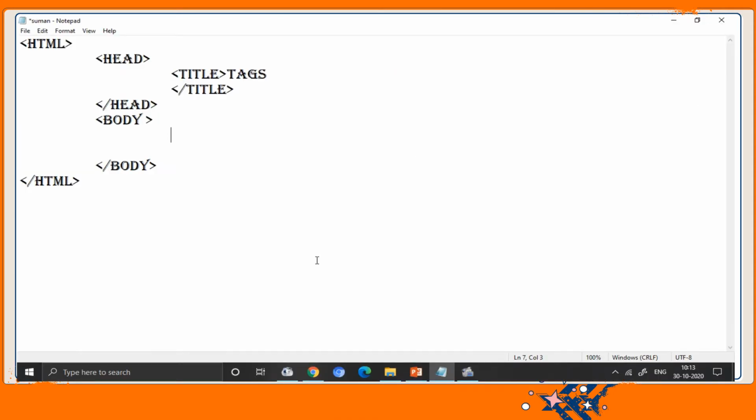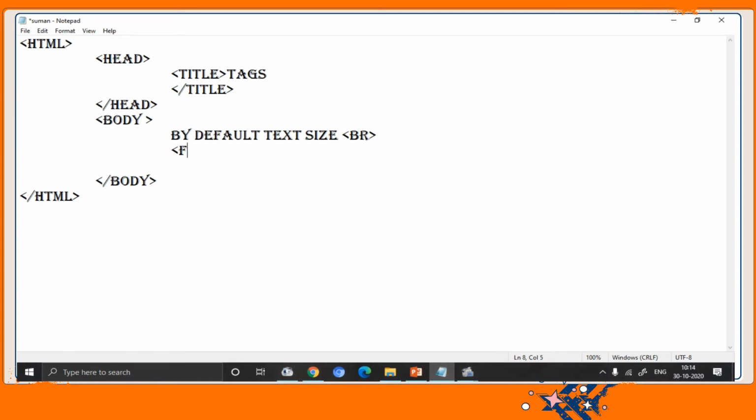To apply the size attribute of the font tag, let's just see what is the by default text size first. So I'm writing a text, by default text size, so that we can see the difference between both. I'm using a break tag here, BR tag. Then I'm using the font tag, and then its attribute, size, and I'm taking the size value as 6.